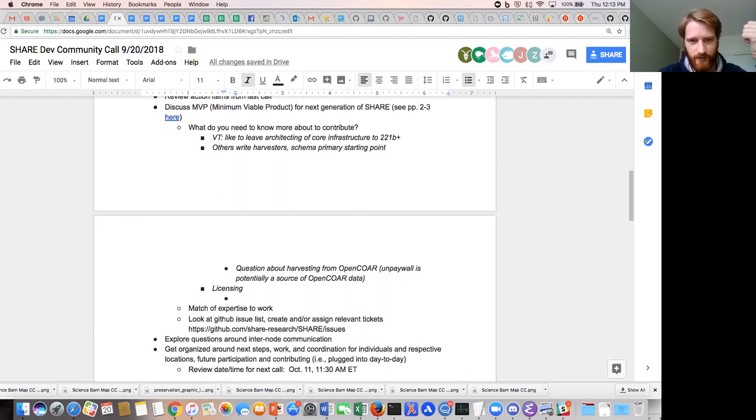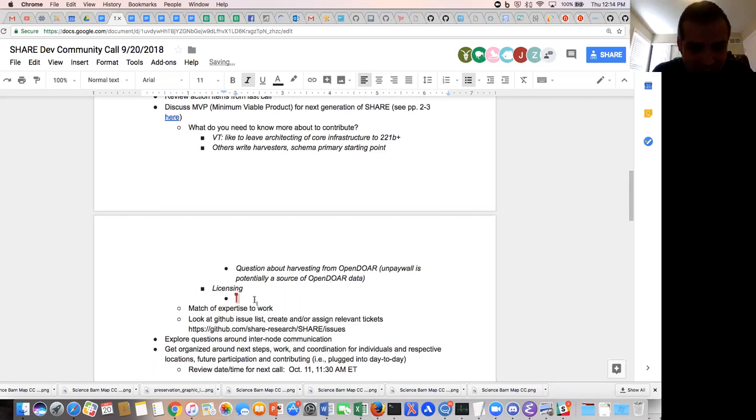Is it C-O-A-R or C-O-R-E? We're talking about OpenDOAR, the Directory of Open Access Repositories. Okay, sorry, that makes sense. Too many OARs and OORs at this.